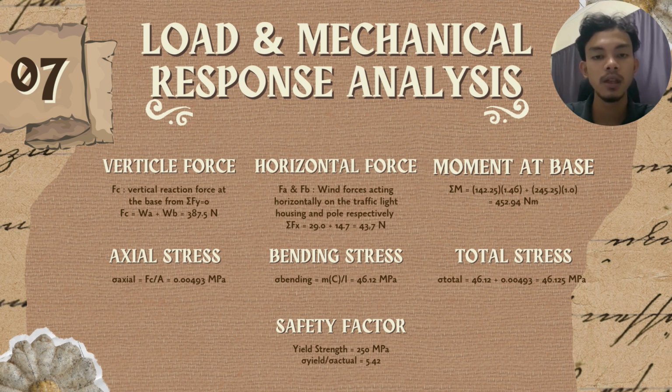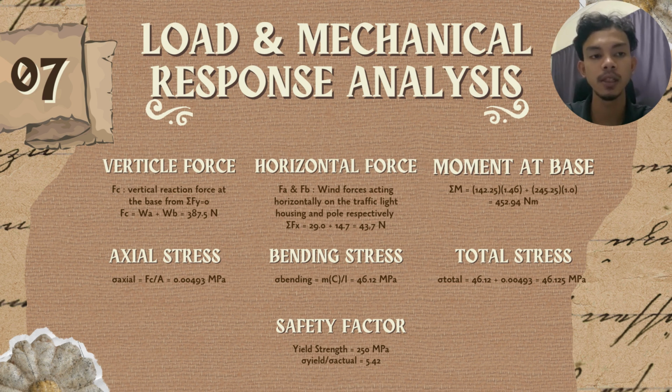Now, let's look at the load and mechanical response analysis. The vertical force from the weight of the pole and the light is 387.5 newtons. The horizontal force from the wind is 43.7 newtons. This creates a moment at the base of 452.94 newton meters. We calculated the axial stress is 0.00493 megapascal and the bending stress is